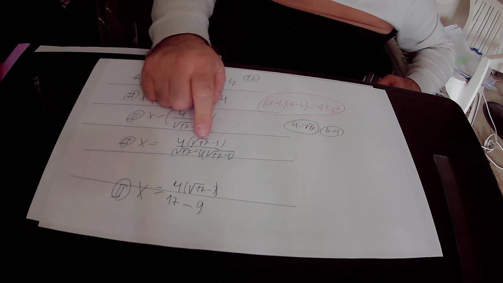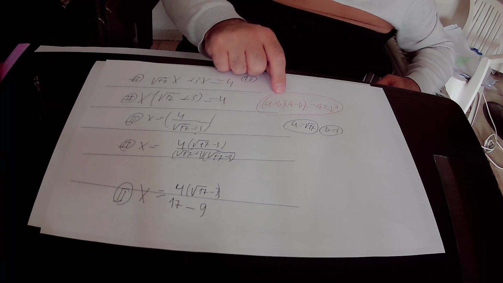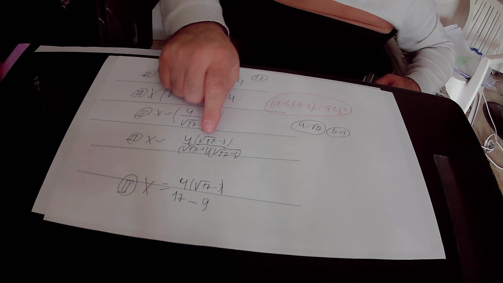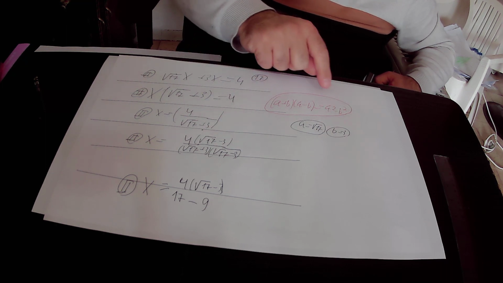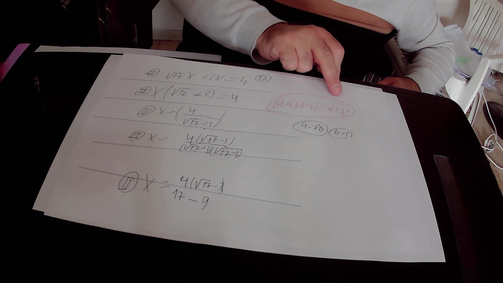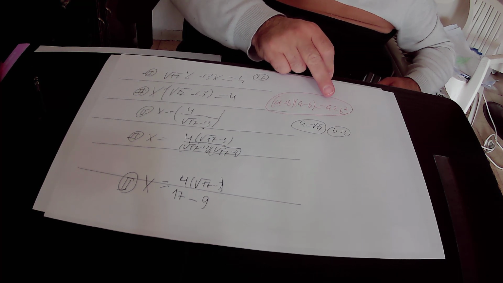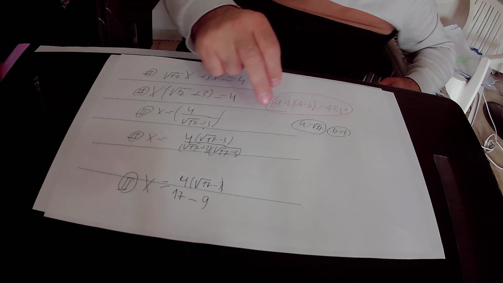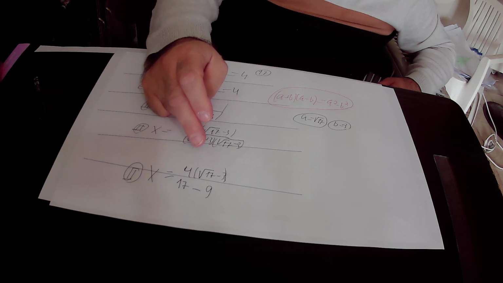So we found out the value of this expression by using the algebraic identity that a plus b times a minus b equals a square minus b square. Here in our specific case we have a equals square root of 17 and b equals 3. So it equals a square minus b square. A square is square root of 17 square, which is 17, and b square is 3 square, which is 9. So in conclusion we got the denominator 17 minus 9, and we didn't touch